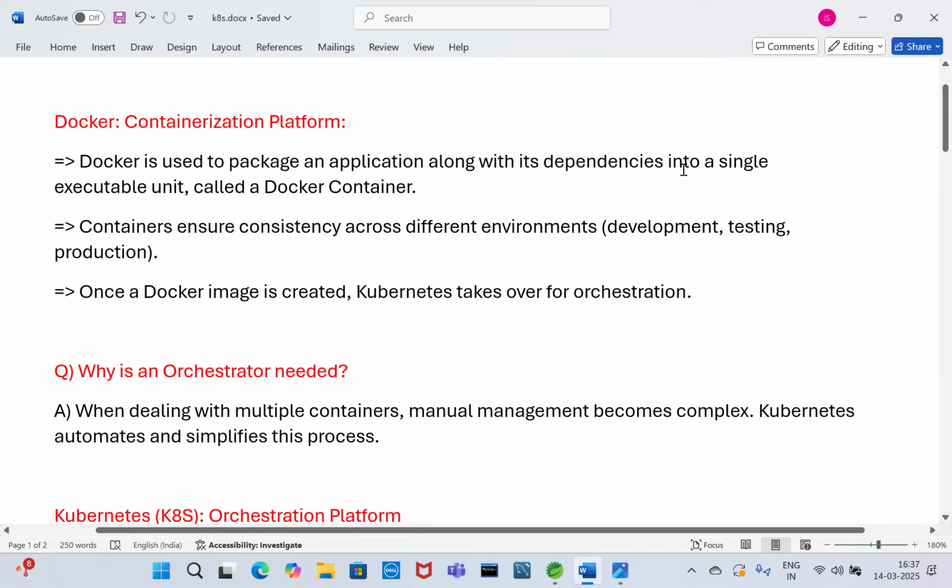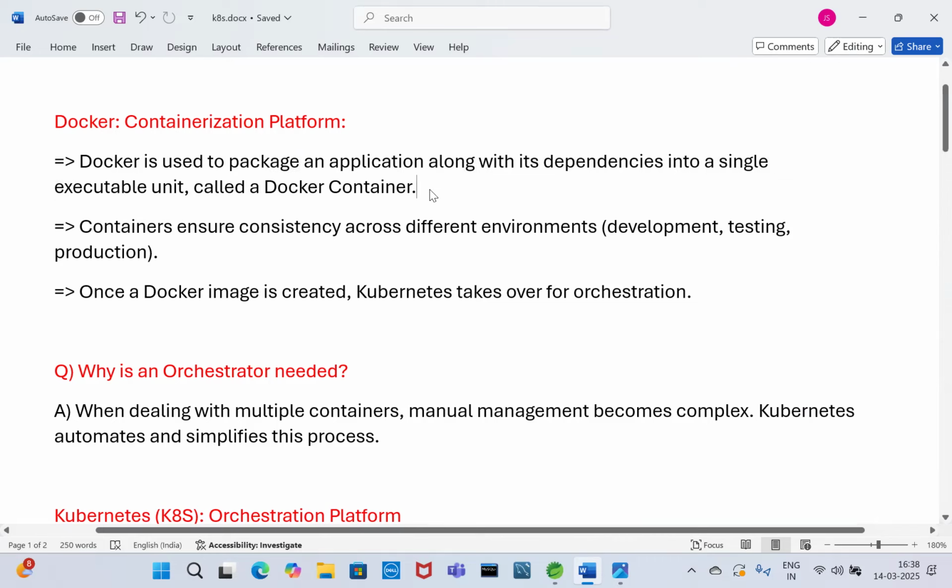Package means it will convert our application, such as a jar, into a single executable unit called a Docker container.